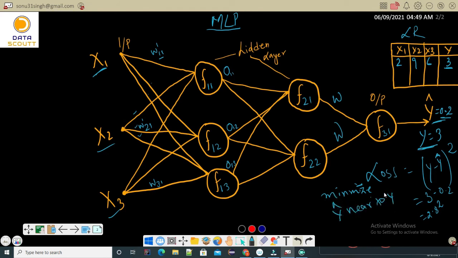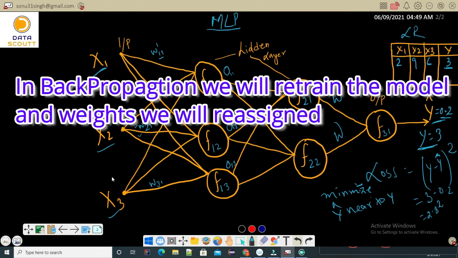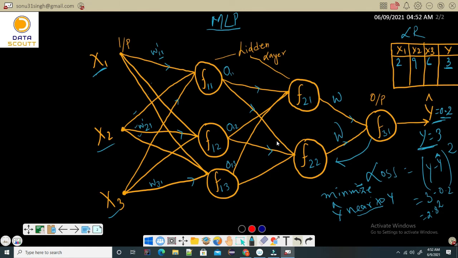We'll see how our activation functions work, which kind of activation functions we will use. Y hat and y will get converged to a global minima. We'll see all of these features in our next class, how we can train this. So if I say these are the weights, right, after getting this output, how we will do back propagation and train these weights again. These weights will be retrained, and how the chain rule works in this. We'll see all of these things in our next videos.